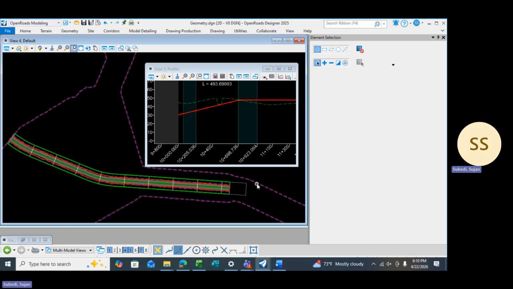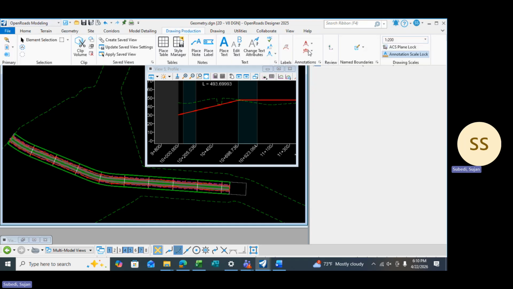I just did a double click here so that I can see those sections I was missing. So after that, let's see the final